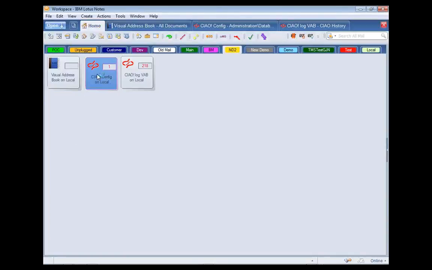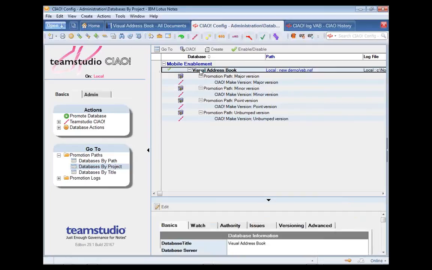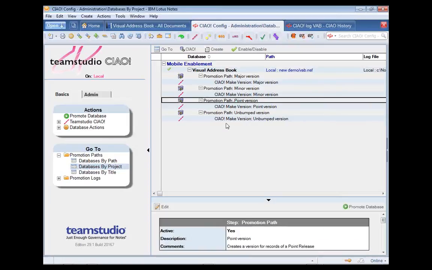We can do this from the config database, and I'll explain the roles of the config and log database briefly after this little section. So I have my database under Chow control within the config database, and with about 10 minutes' preparation I've set up these different ways of making a version for my visual address book. Now, I think this is going to be a point release because just minor changes have been created. So I'm going to select point release, and then just with one click,